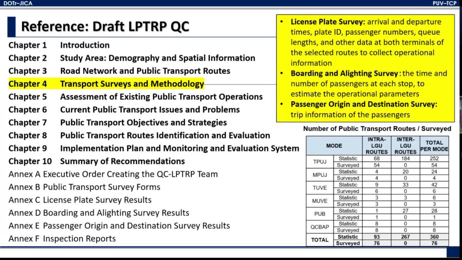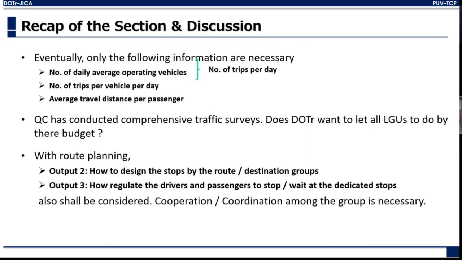I would like you to discuss how the data is prepared, which is also one of the issues. Yes, Quezon City has conducted a very comprehensive traffic survey by themselves. So does DOTR want to let all LGUs, including the NCR or other regions? It's also a very important issue. And